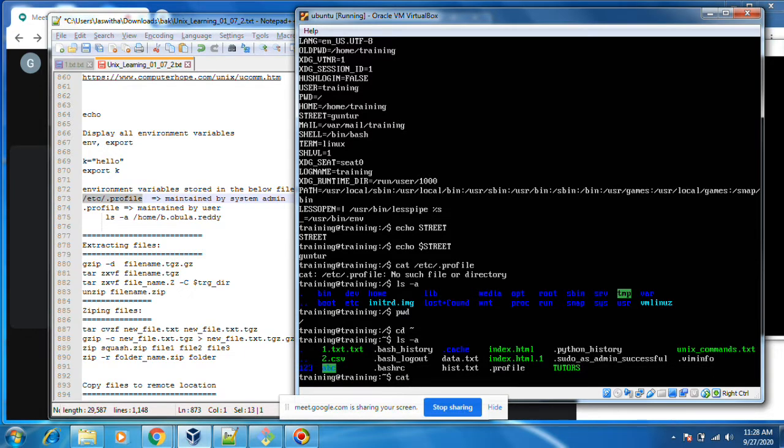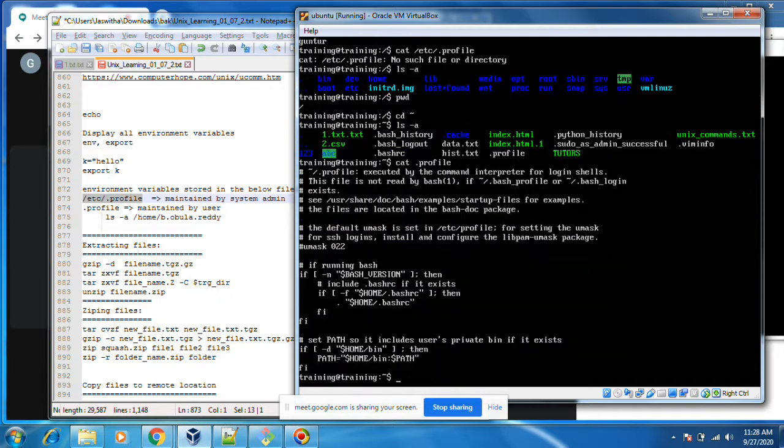If you add environment variables here, they will be added permanently. If I add some environment variables using export and then reboot the system, they will not come back. If you add them in this profile, they will be available every time.